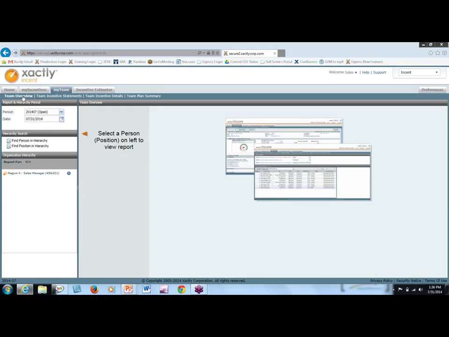We have a team overview report, team incentive statements, team incentive details, and a team plan summary report. So let's start with the team overview report first. Starting in the upper left, you can see that you can filter by the period you'd like to view